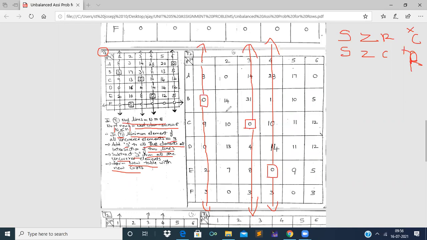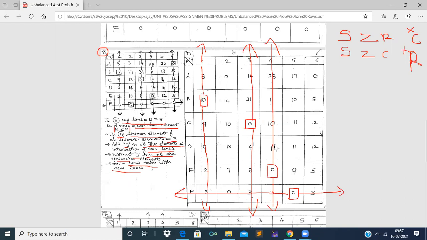See here, the second column is left, right? So second column is containing 2 zeros. So don't disturb that column and go for the fifth column. See here, fifth column, observe carefully, 17, 10, 11, 11, 9, 0. Therefore, the fifth column is containing a single 0. As we are searching single 0 column, we have to strike off the row 6. Why? Because in the sixth row, the assignment is made. We have struck off this 6th row.